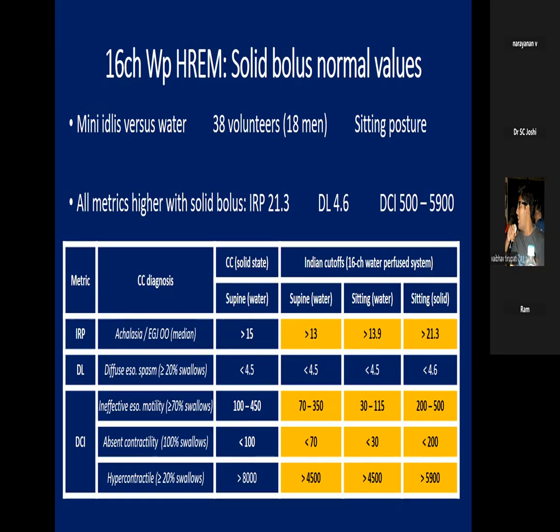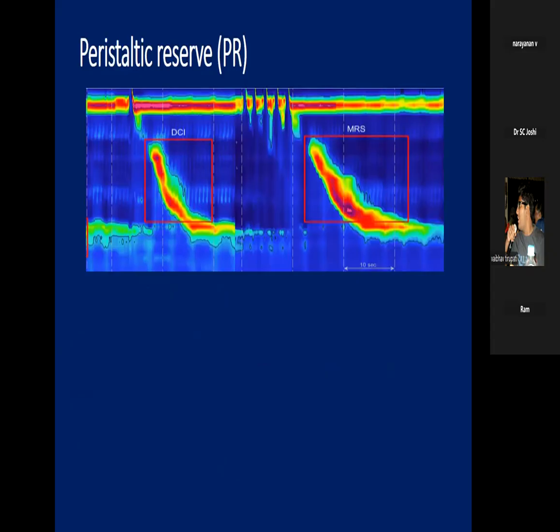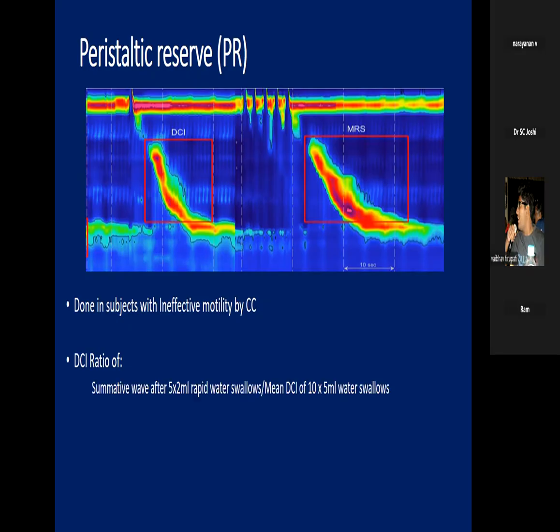Now I have a couple of slides for any surgeons who may be there. We all do what is called a test for the peristaltic reserve. It is done in subjects with ineffective esophageal motility by Chicago classification. What is peristaltic reserve? The distal contractile integral ratio of the summative wave after five 2 ml rapid water swallows